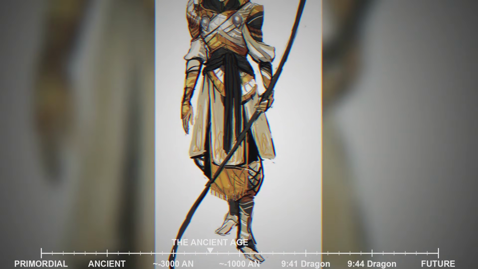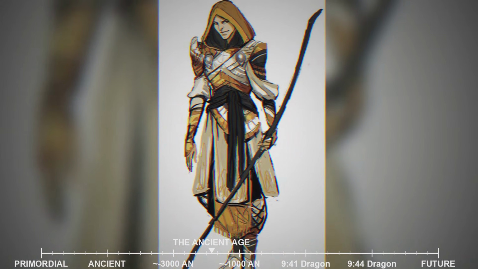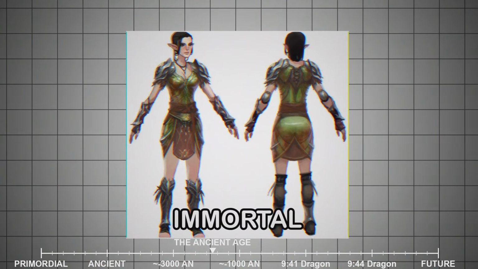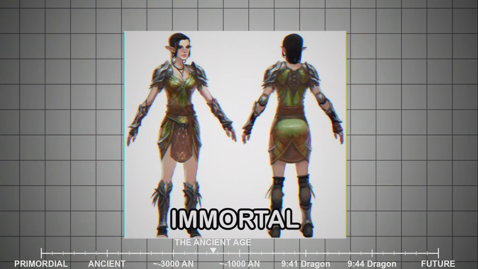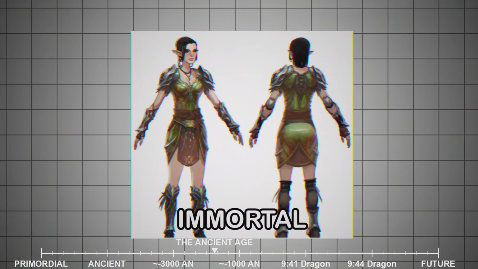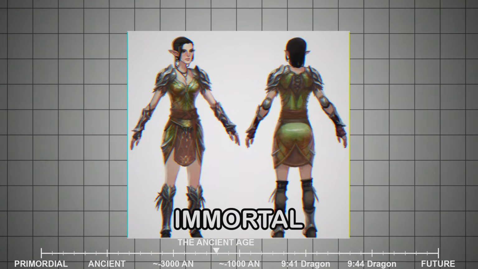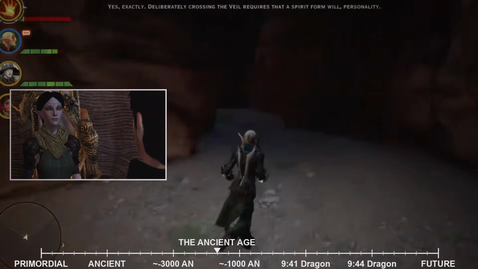The elves of this era experience existence in ways that later races will find impossible to imagine. They are immortal, not in the sense of being unable to die, for they can certainly be killed, but in that age and disease hold no power over them. An elf can live for thousands of years without showing any sign of decline, their bodies and minds remaining vital and strong. But even more remarkable is what happens when they do die.